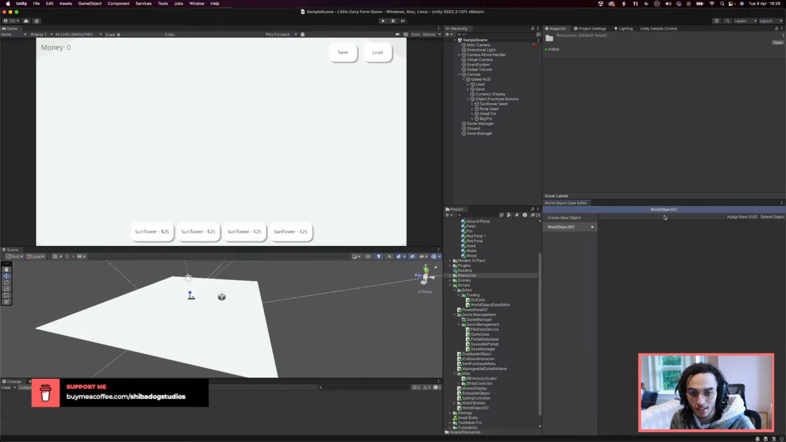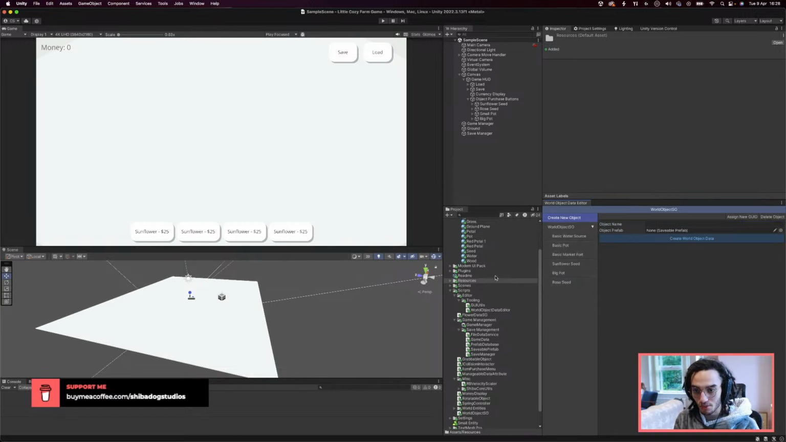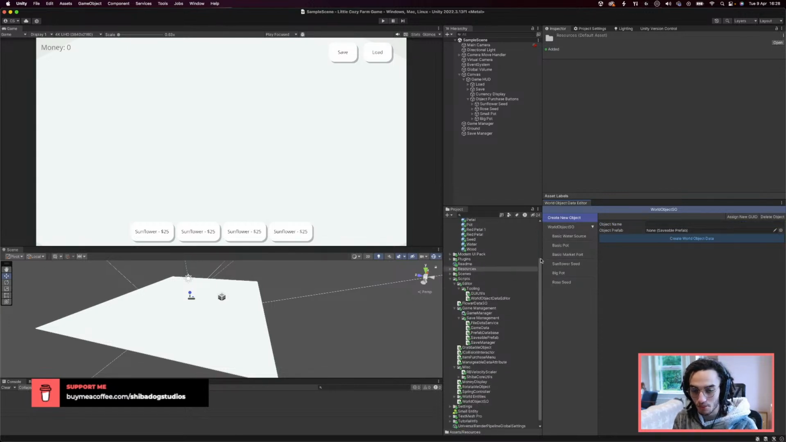So I can select the type of world object SO, I can see all of the ones that exist and change data about them, but also I can use this create new object, give it a name, which I think I've already created all of the objects that I need for the time being, but yeah, you can stick it all in there and then hit this create button and it'll create it. Equally, we can use some utilities to assign a new GUID to any given object, delete an object from the